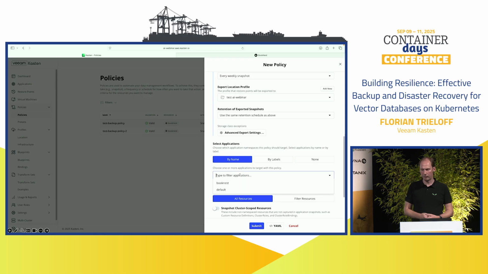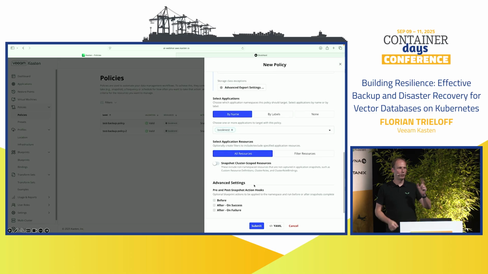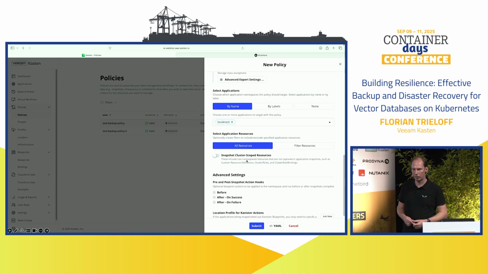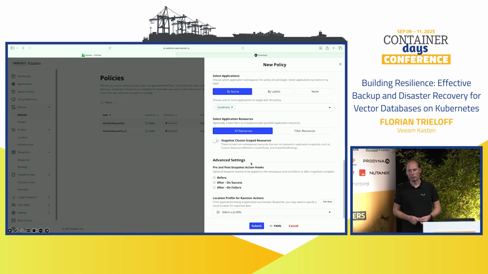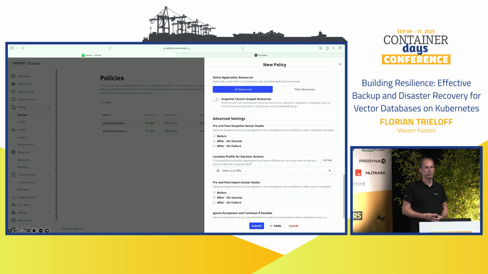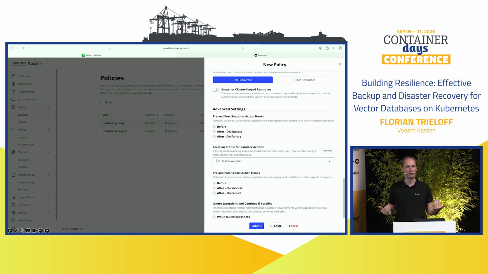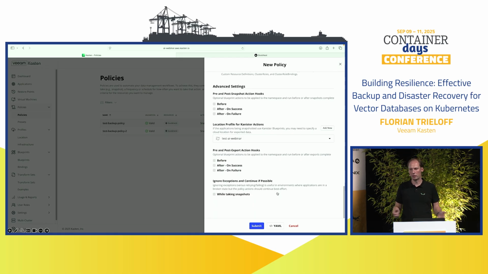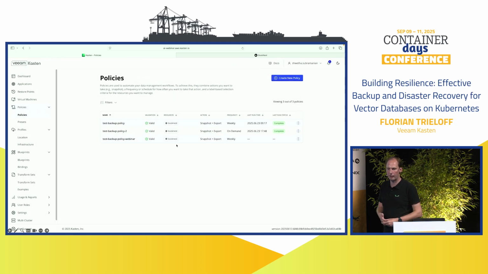And now we want to select our application. We want to export the database, and we have to tell it how and where to export this database. Therefore, we will just select this again as a location for our Kanister actions. As I said, Kanister is an open source framework. It can also be used outside of Kasten. It's good to have this with Kasten together because it's fully integrated there. But if you just have the use case to export the database, feel free to use Kanister here as a standalone product.